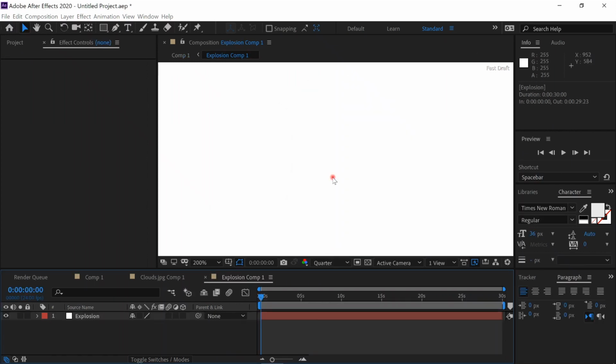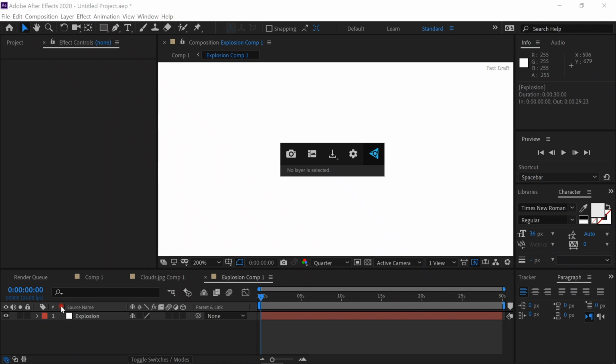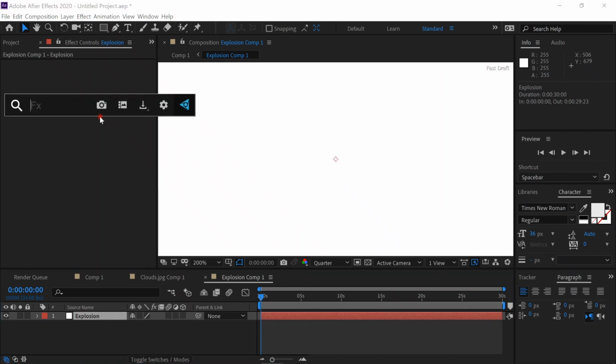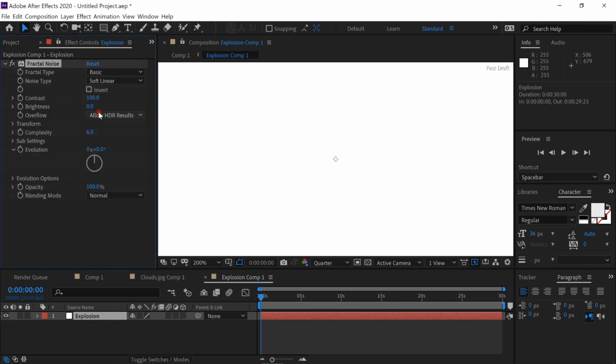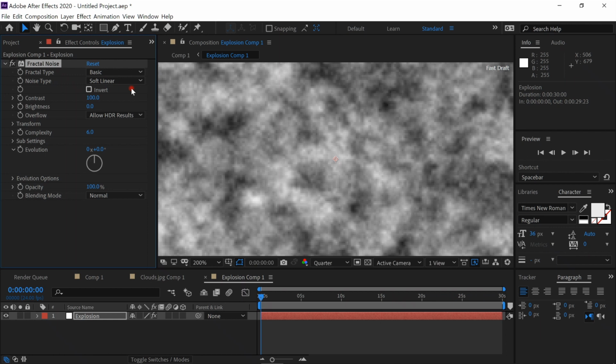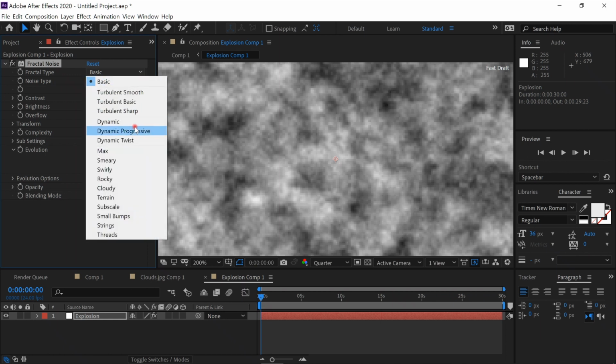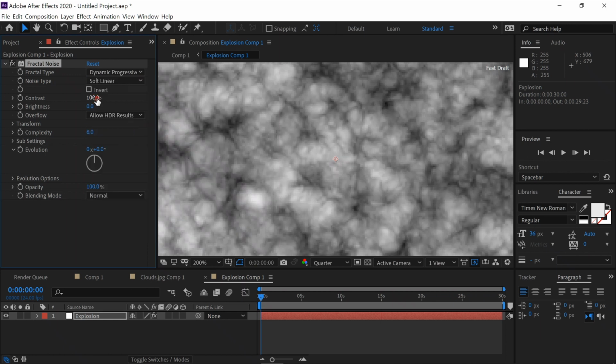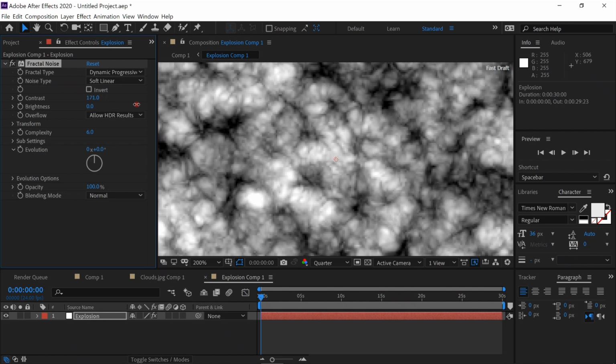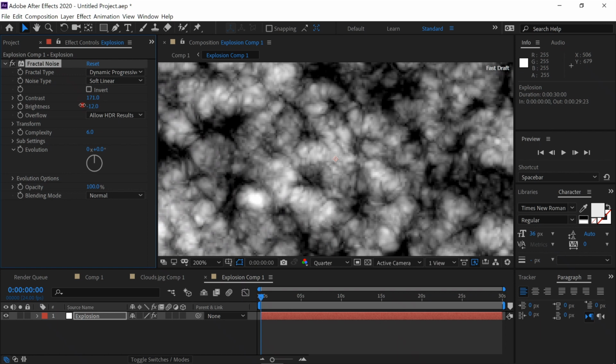Then we'll add the effect Fractal Noise. We'll change the fractal type from basic to dynamic progressive. We'll up the contrast to bring out the blacks. And we'll down the brightness to add some grays in. We'll zoom to full screen,